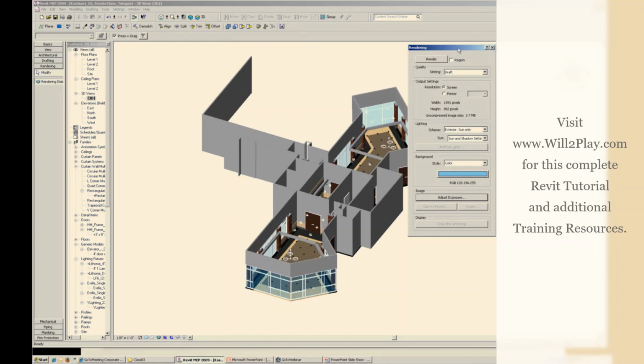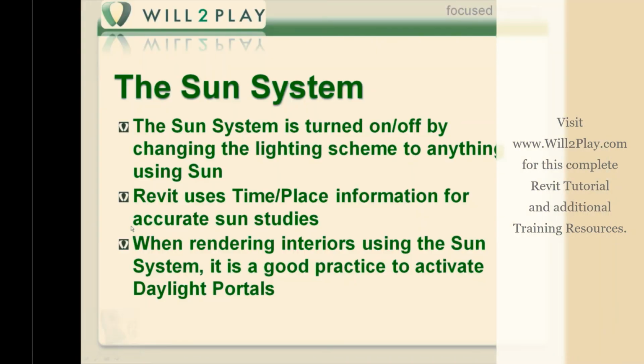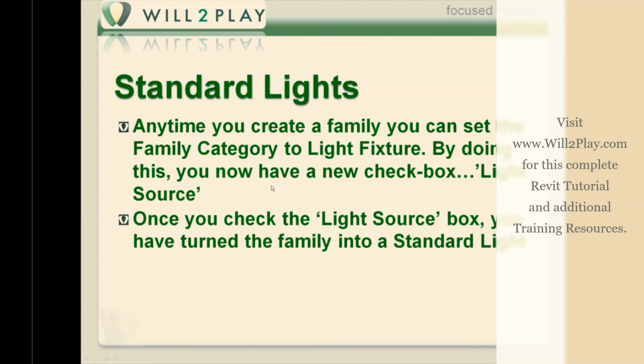We don't have a lot of options in Revit, unfortunately, for the sun system, which is good and bad. The presets are pretty spot on, so I'm pretty happy with the results I get from this. So that's about it for our sun system. Now the next thing we're going to move into is the creation of artificial lights, and that's where Revit's extremely powerful. There are two different lights for artificial. Let me run into our PowerPoint. Okay. Artificial lighting is, you got your